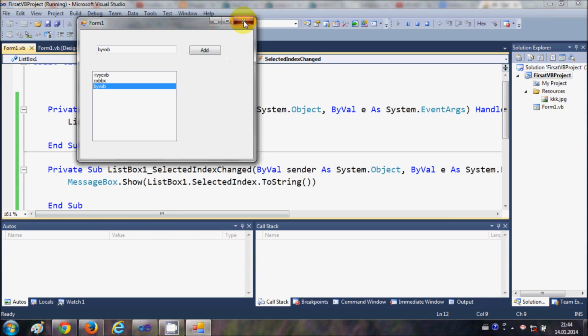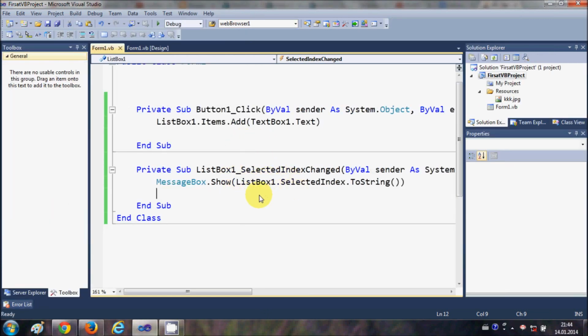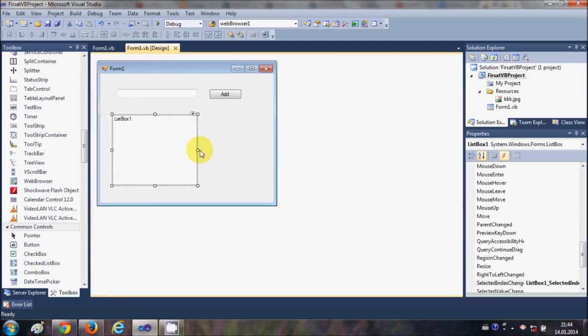So this is also very helpful when you are going to use list box in your future projects. And there are many things which you can do with your list box, like adding database values to the list box, and many things which are a little bit more detailed and a little bit advanced. This also I will show you when I show you how to connect your Visual Basic application with a database like MySQL or some other databases. But for now, I think this is it for this video,